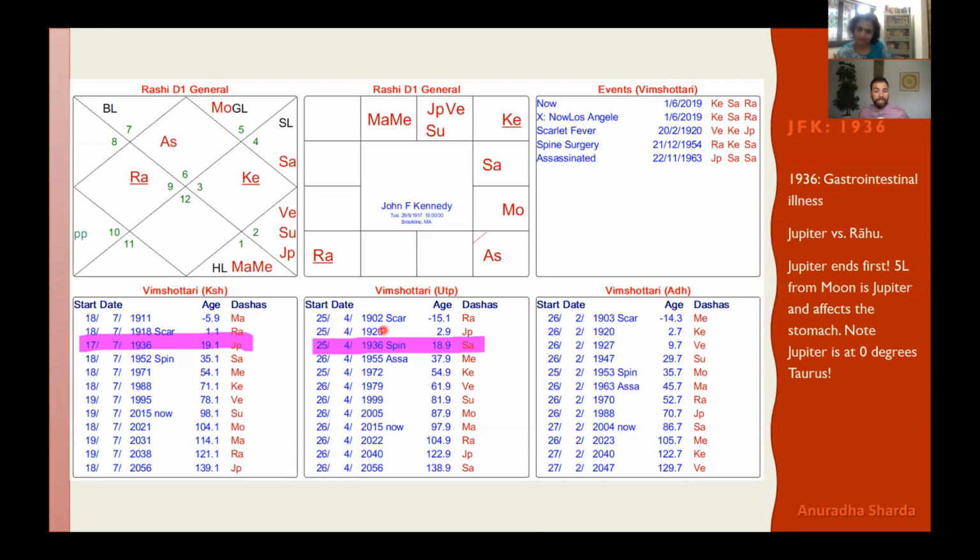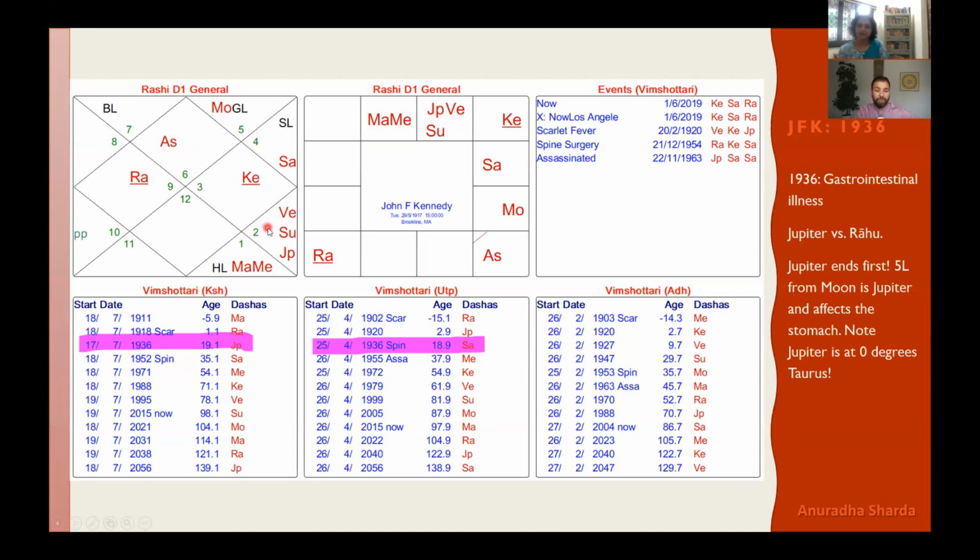So I will say, if this gastrointestinal issue happened because of Jupiter, it is because the body is not maintaining his good health. And if I had to decide whether he has issues with his stomach from birth, I would say the 5th from Lagna is loaded by Saturn. Saturn is in the 11th in Cancer. This is pretty good. He definitely was not born with a problem in his stomach. This has come up with time.